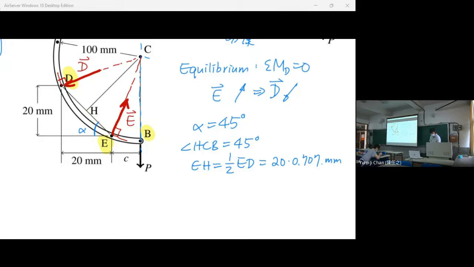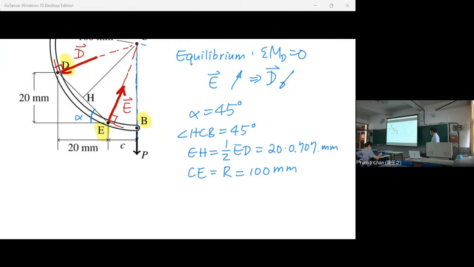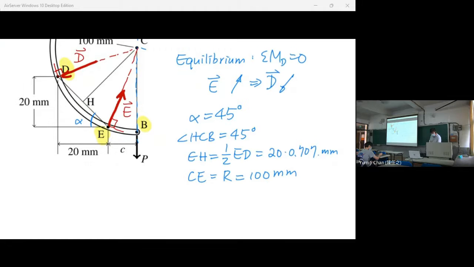And CE is equal to R, which is 100 millimeters. So we know EH and we know CE, and therefore